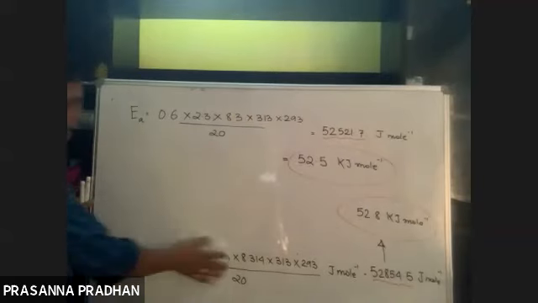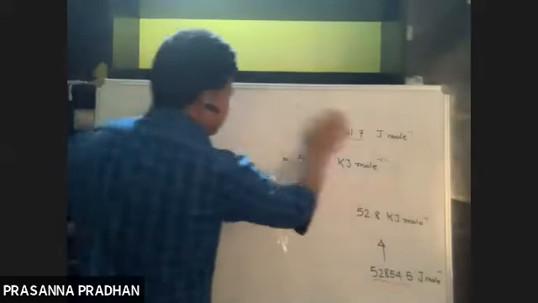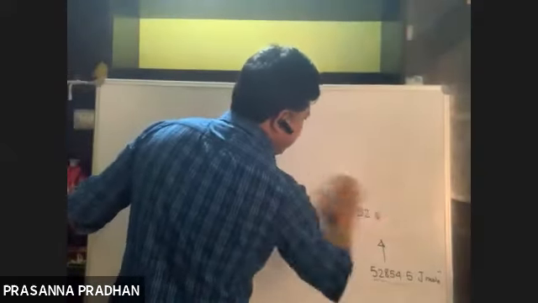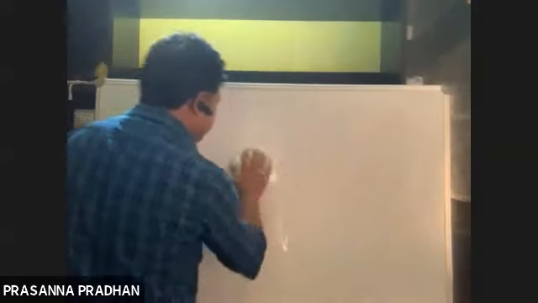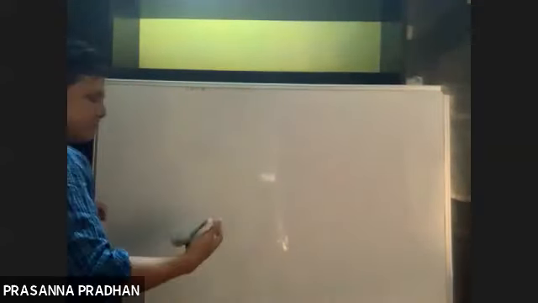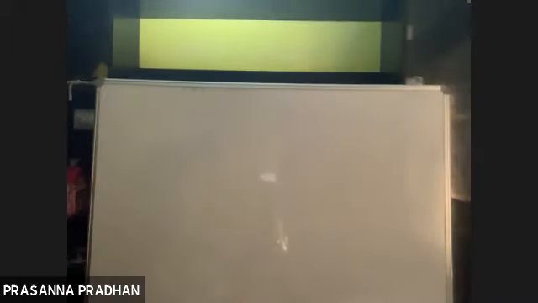So you have to do the calculations, and remember, especially CBSE students. West Bengal and ISC are allowed to use a calculator, so it should not be an issue. But especially for CBSE students, you give your answer in kilojoule. So these are the different forms of the Arrhenius equation. These are the different types of problems related to the Arrhenius equation. So I hope it is clear.